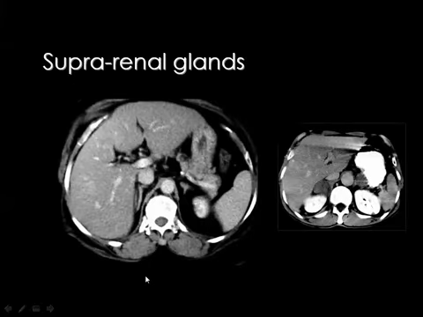Then we used to continue scanning the chest until we can see the suprarenal glands. Because, you know, in cases of bronchogenic carcinoma, a common site of metastasis is the suprarenal glands. And you may say that not every patient had a bronchogenic carcinoma, but actually we have a problem to monitor the cases